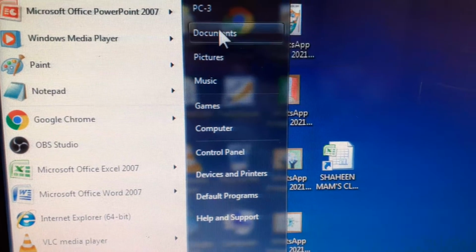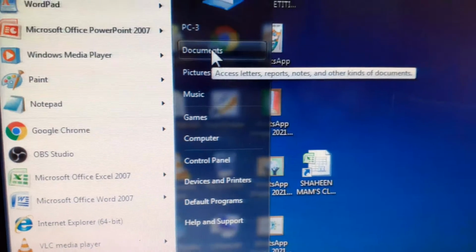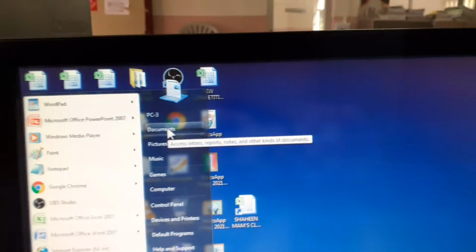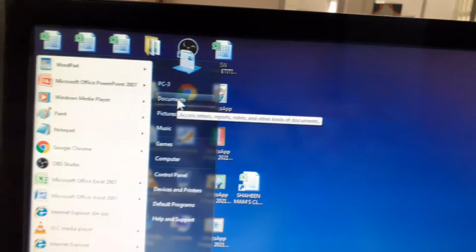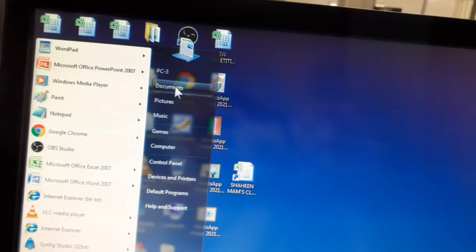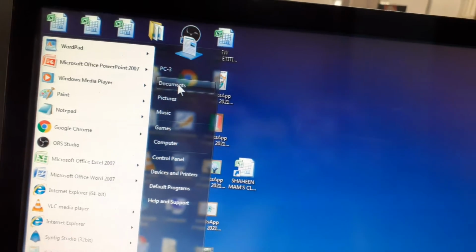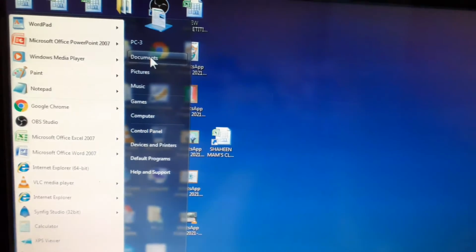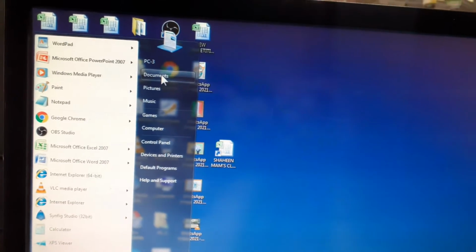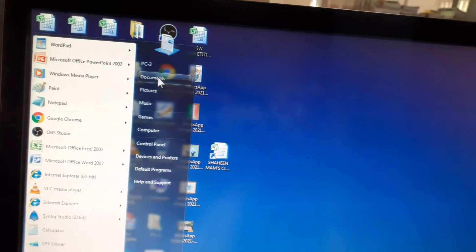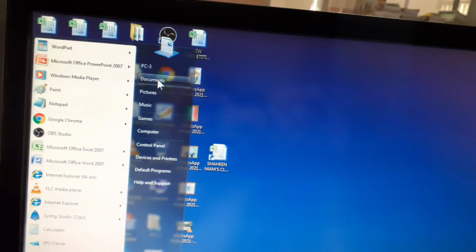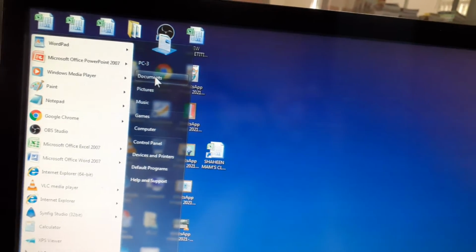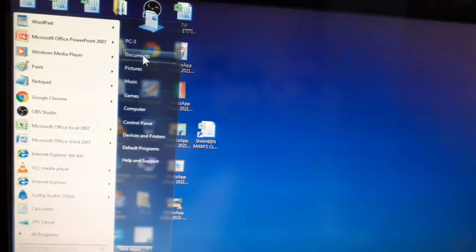3 libraries are there. What is the documents library? It will store and organize text files like Notepad files, WordPad documents or Word documents, spreadsheets, okay, and presentations, etc. So this type of documents are stored and organized in the documents library.